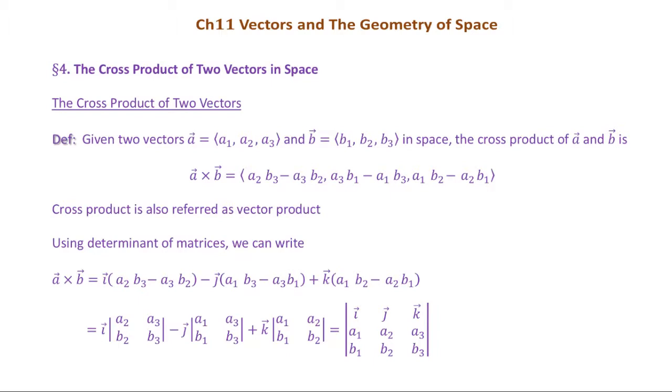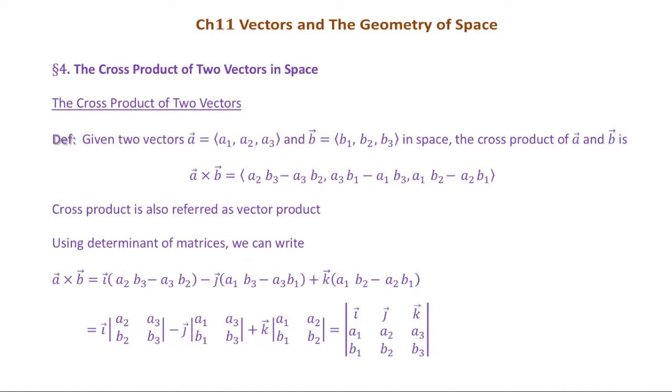And then the cross product, A cross B, is denoted by A cross between the two vectors A and B. And you get another vector from this cross product. The X component of this cross product is A2B3 minus A3B2, and the Y component is A3B1 minus A1B3. And the Z component of the cross product is A1B2 minus A2B1. So you don't have to memorize this,